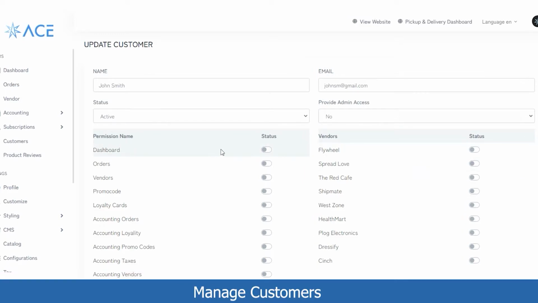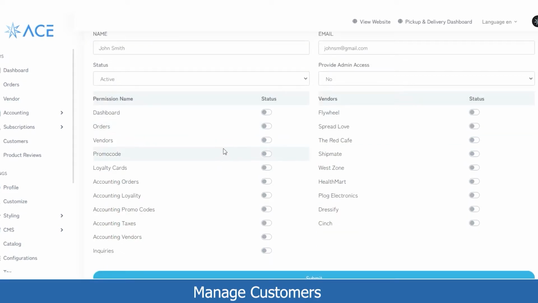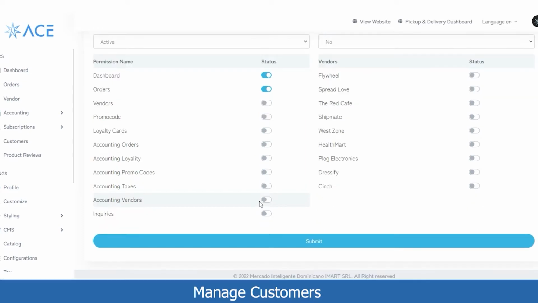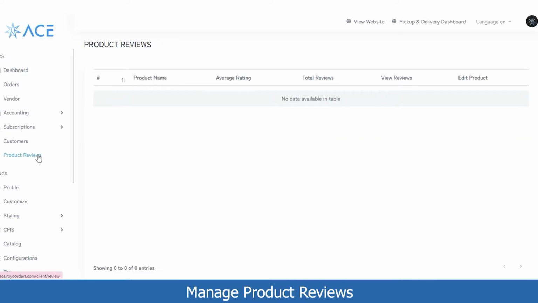Now let's suppose you want to make this customer a sub-admin, you can click on the edit button. Now you can assign him different permissions, and you can also allow him access to different categories that are being offered on the platform. Let's say you want to allow this customer access to use the dashboard, you can enable it from here. Likewise, you can enable access to orders, vendors, loyalty cards, banners, etc. By doing that, this customer would be made a sub-admin of the platform, and he can also manage his business operations on this platform.